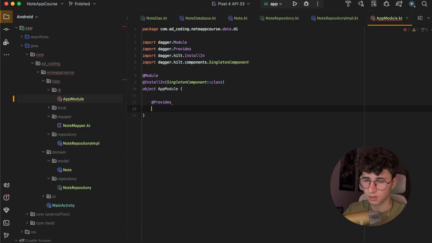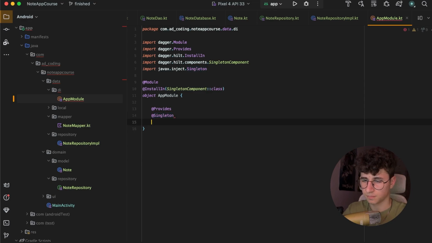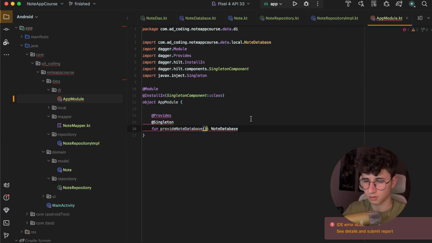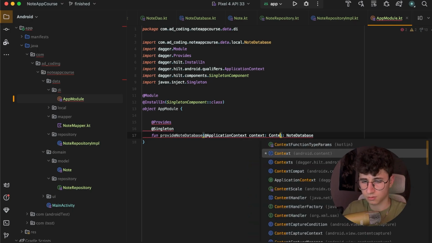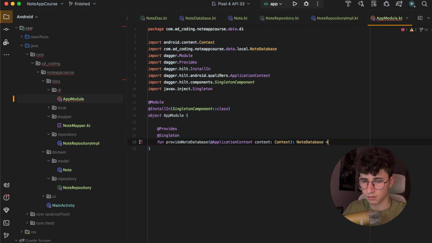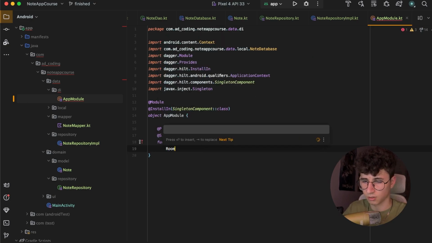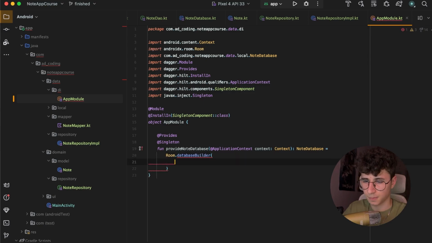So Provides, Singleton, and fun provideNodeDatabase, a database, and I need the application context. Okay, and let's say equals Room.databaseBuilder. We pass the context, the NodeDatabase class, and NodeDatabase.name, and